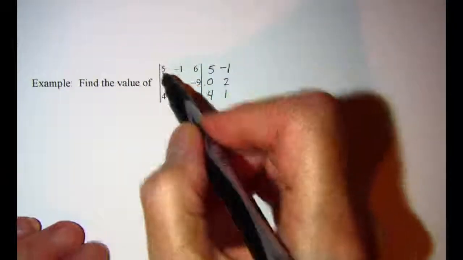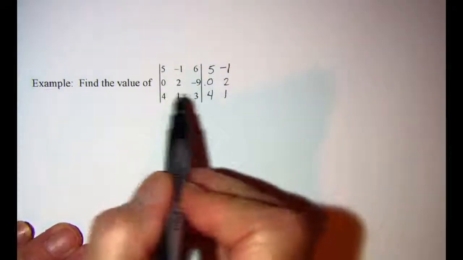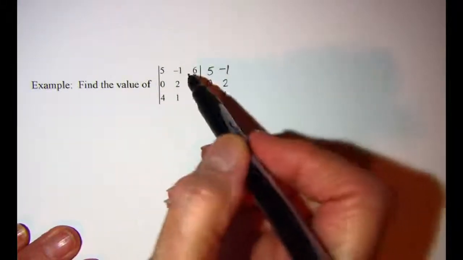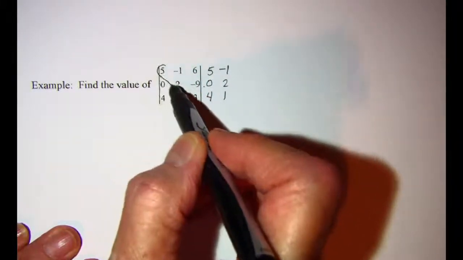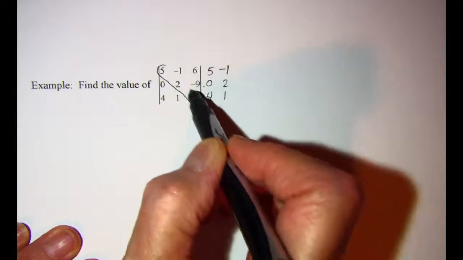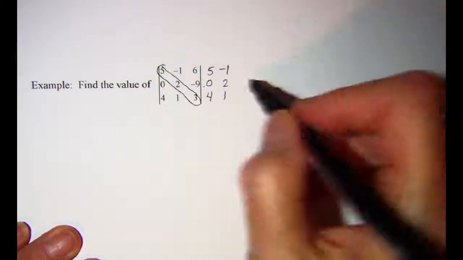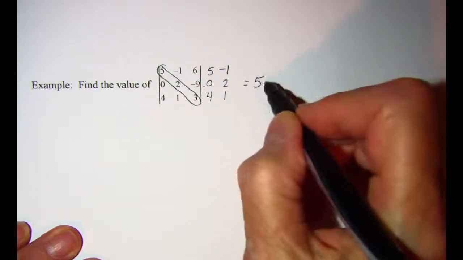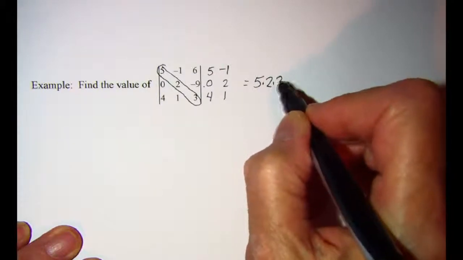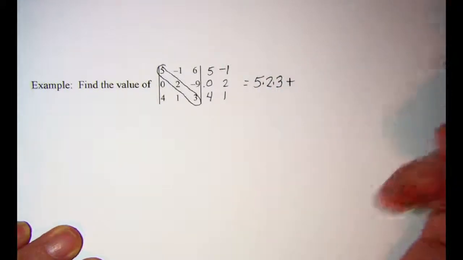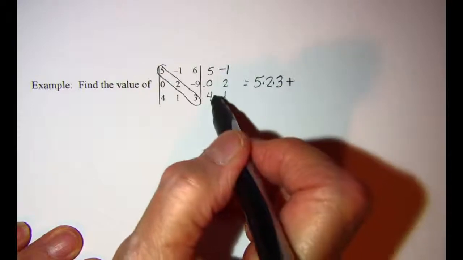Then always start with the upper left corner and do your product on that diagonal. So I have this diagonal, so 5 times 2 times 3 plus, and then this diagonal,